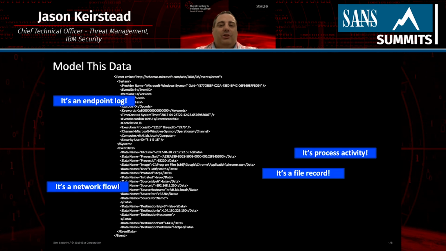It's an endpoint log. It's a log of process activity. It's a network flow. It's also a file record. It's all of these things at the same time. What it isn't, however, is Windows Event ID 3. And technically it is Windows Event ID 3, but that is actually the most unimportant piece of data here,